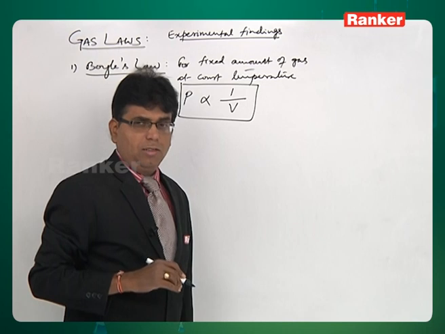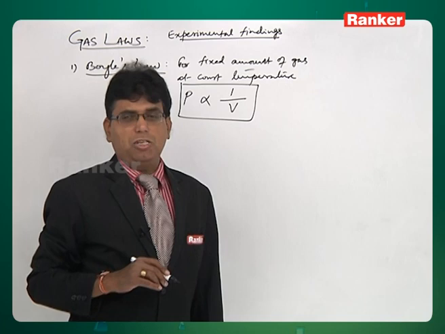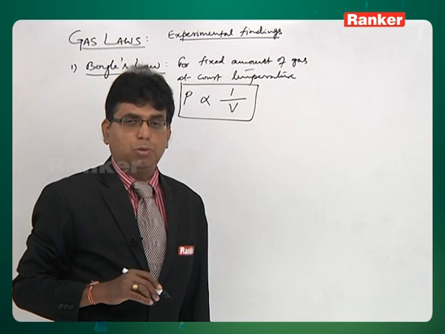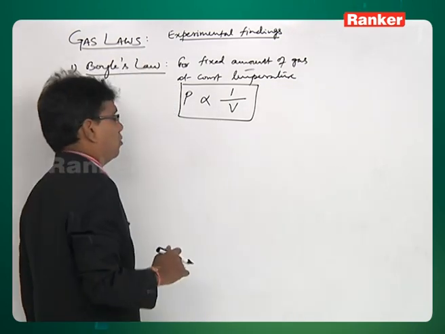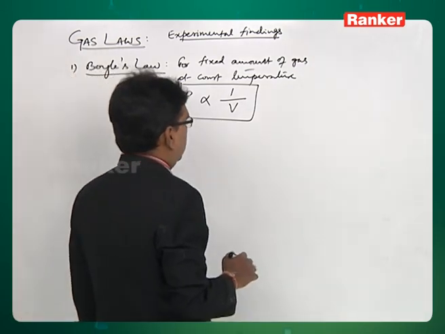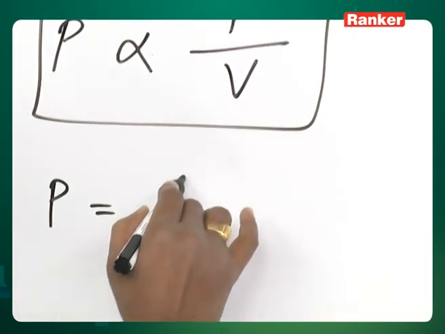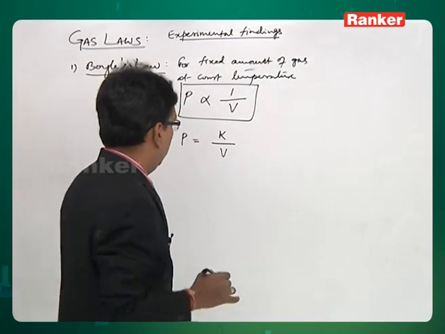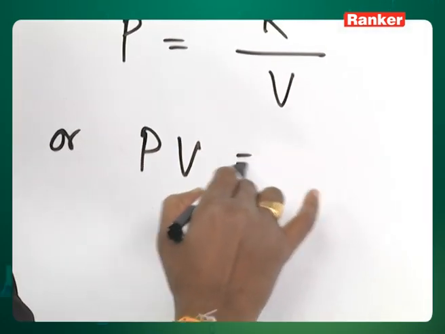Again I repeat, for a given amount of gas at constant temperature, the pressure exerted by the gas is inversely proportional to the volume it occupies at that particular temperature. P is inversely proportional to V, or P is proportional to 1 by V. So, when P is proportional to 1 by V, obviously we can write that P is equal to some constant K by V, right. Or in other words, you can also write that PV is constant,